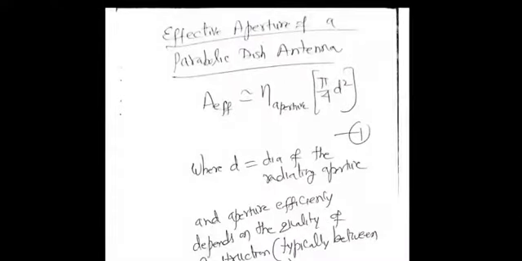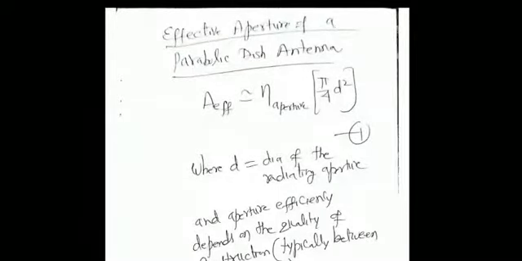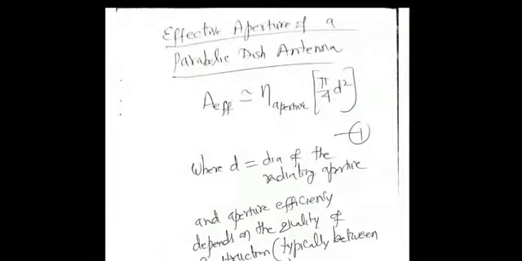Now, if time permits, let me just give 2 minutes to this. I'll come back to it later. One kind of antenna which is very popular and you see it around you is a 2D antenna called the parabolic dish, or satellite dish. It is a paraboloid mounted on rooftops. Even in the institute, you will see it in several places. The radiating aperture here is not 1D, it is a 2D aperture. If you look at the front of the paraboloid and project it on a 2D surface, you will see a circle.